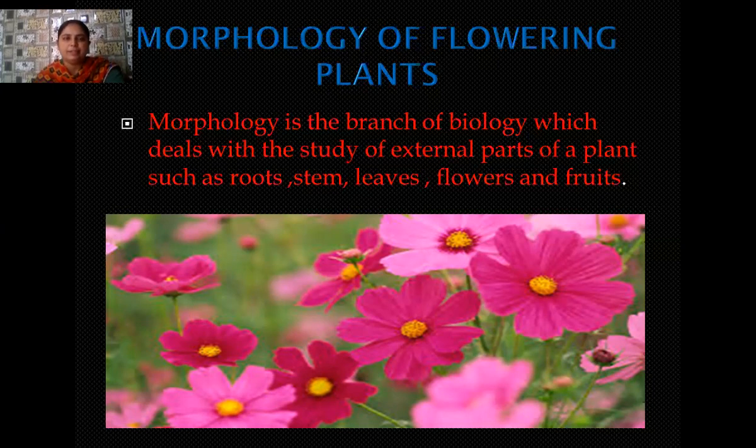As we all know, students, today is the age of angiosperms, and when an angiospermic plant is visible to us, it has characteristic roots, stem, so many branches over the stem, and leaves, and these leaves are of special type. At a particular stage of the life cycle of an angiosperm, the flower appears, and these flowers are the main reproductive organs of the angiosperms. This tells us that this is the phase of reproduction, or you can say it is the initiation of the reproductive phase in angiosperms when a flower appears.